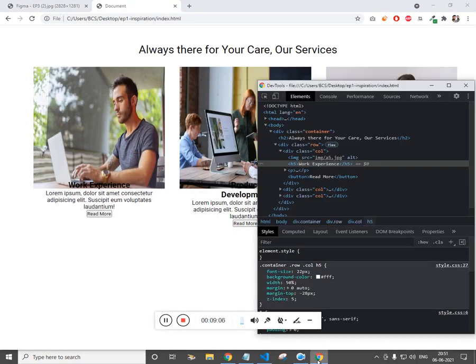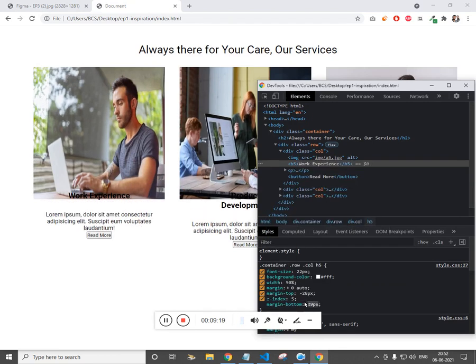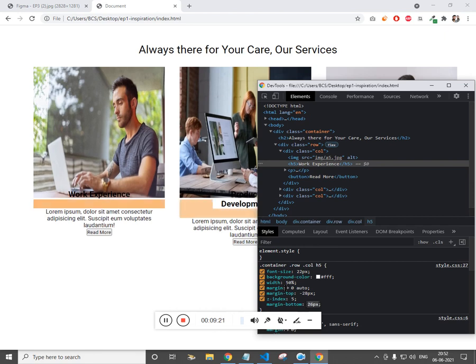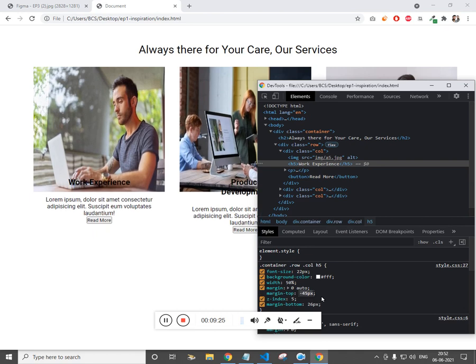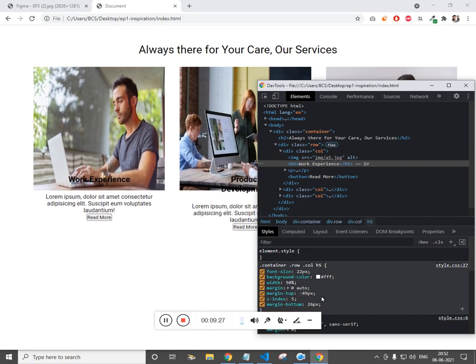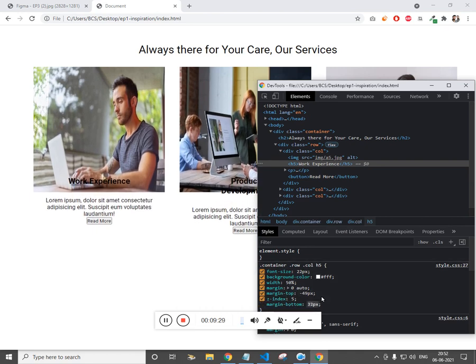Not an issue, we will work on it. Let's give the negative margin bottom for this, 30 pixel, and let's give the negative margin even more. So this is okay. Increase the margin bottom.